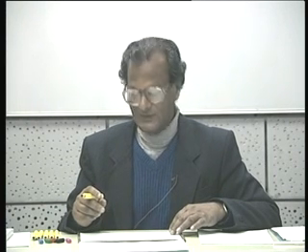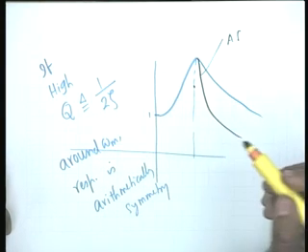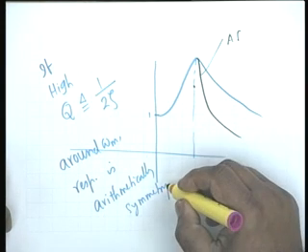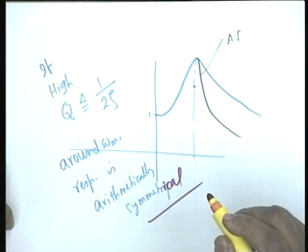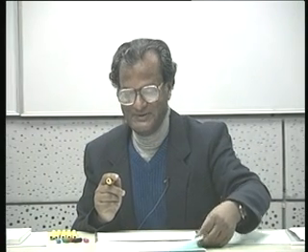Number 2, I ask you to show that the product of omega c1 and omega c2 is omega m squared. Then the third point that I ask you to show is that in general the frequency response curve is geometrically symmetrical for a situation like this. And the fourth thing is, I have told you that if it is a high Q situation, then around omega m the response is arithmetically symmetrical. Okay? And I can assure you none of them will be trivial problems.